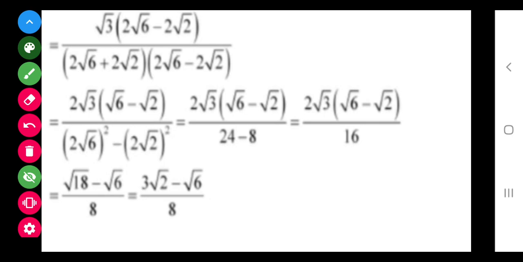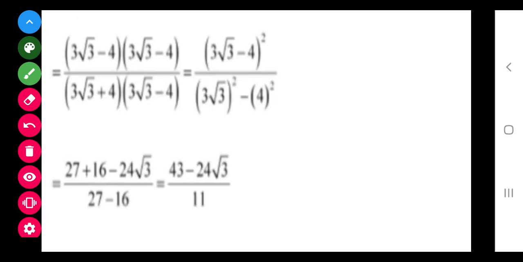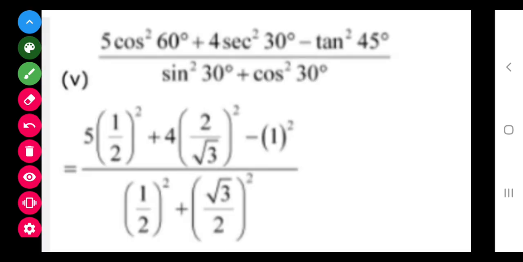So class, let's move to the next question. The next question is exactly the same as the fourth part, so I am not telling you, I have given you the solution. You can check with this. Those who cannot do it, those who can do it, I want you to try yourself. It will be wrong at most, nothing else. So try yourself.